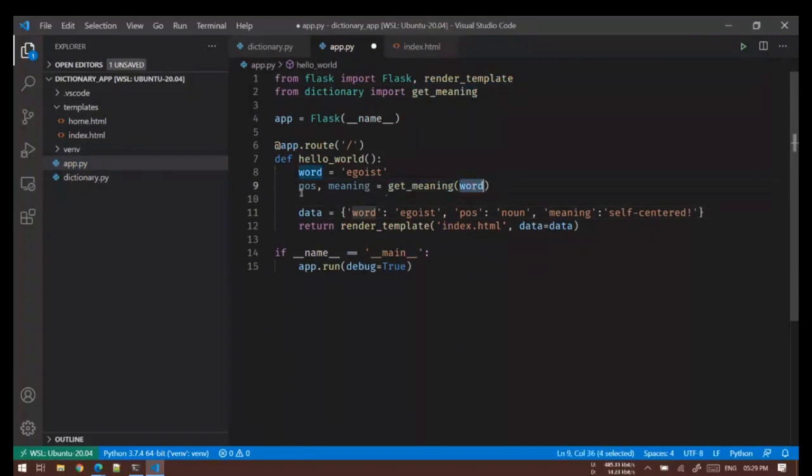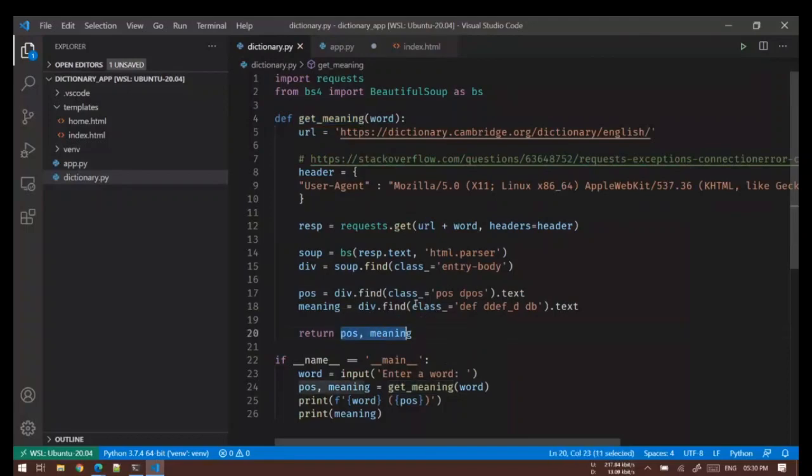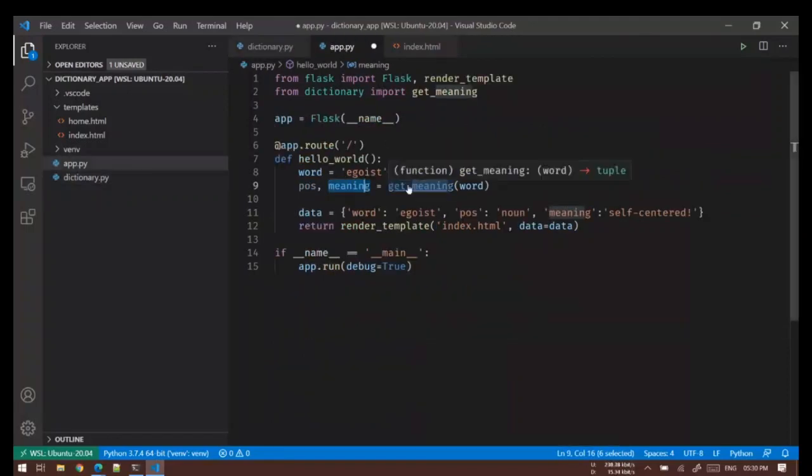Because my get meaning function takes a word and it will automatically go request the page, scrape part of speech and its meaning. Okay, it will return these two things.